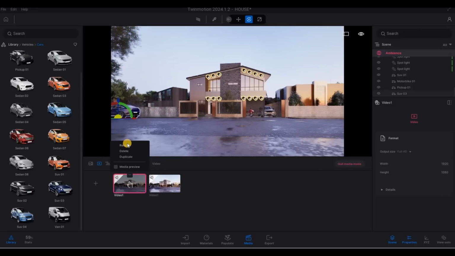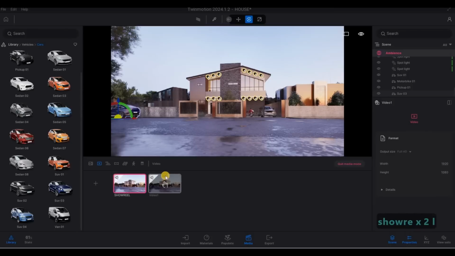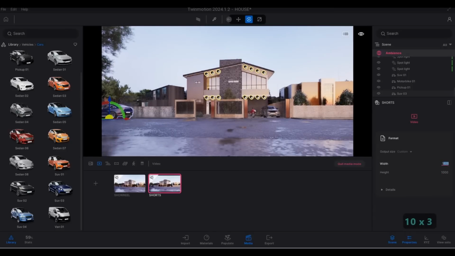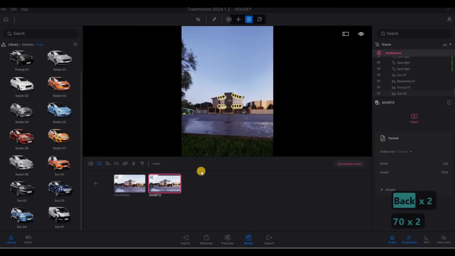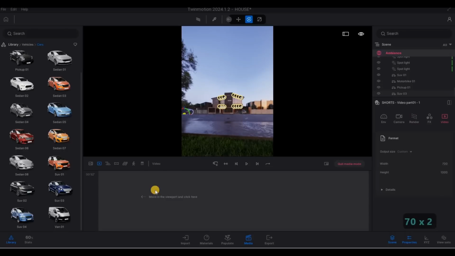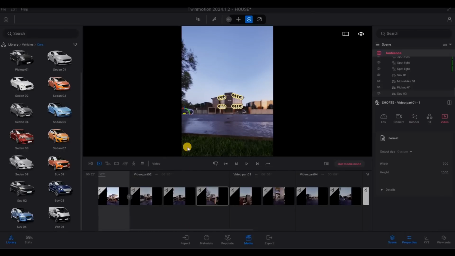This one, rename it show reel, and then the other one, rename it to shorts, and then change this one to 1000, and then this one 700. Okay, you can review it if everything looks good,